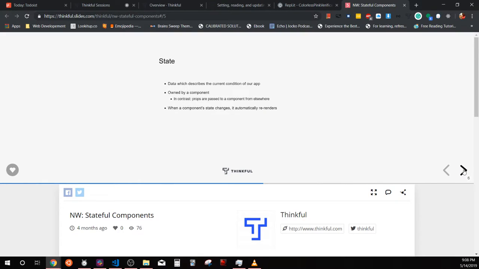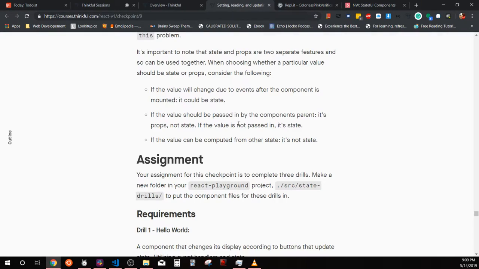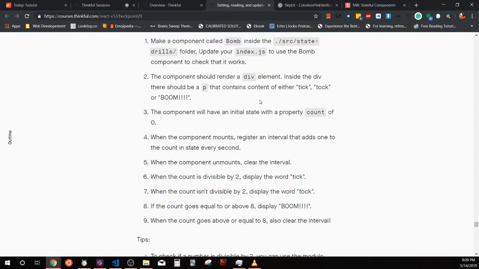So do you think we need more properties in our state, more than just count? Like a P that contains the content of either tick or tock. Oh well, no, we can do if whatever. Yeah, we can do that inside the paragraph tag, right? Yeah. So we can do if